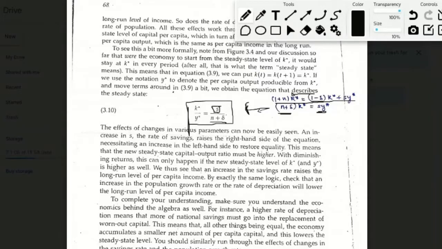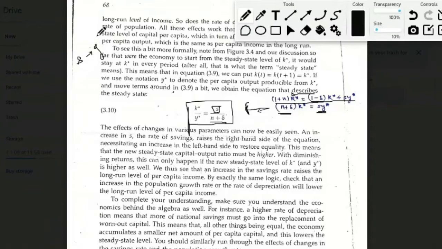The directions of the impact of these parameters on capital per capita are similar to what we had seen in the Harrod model, but we will in a while dwell deeper into the effects of these parameters here, and understand how this is different from the Harrod model. When we talk about the Harrod model, we say that economic growth depends on the savings rate and the capital output ratio, which means that a higher savings rate indicates a higher growth rate.